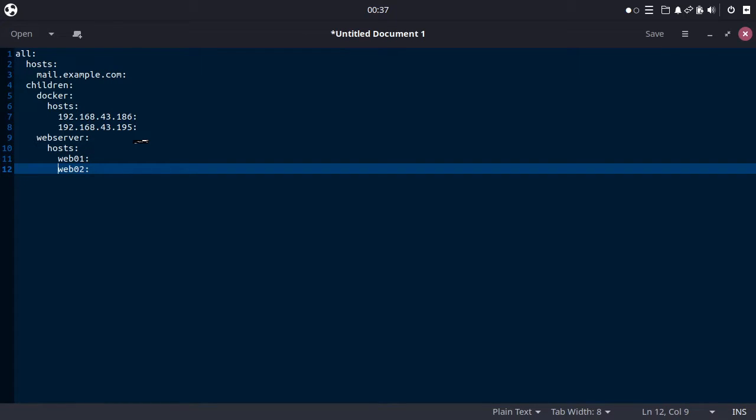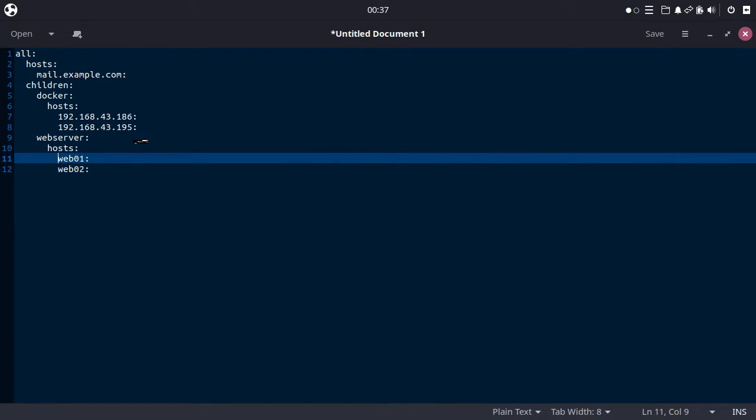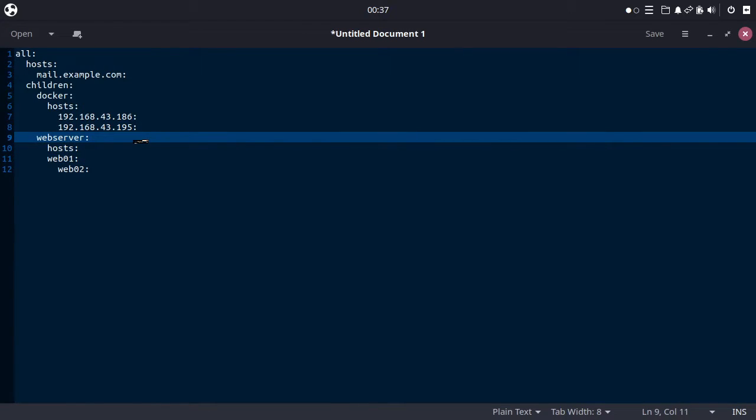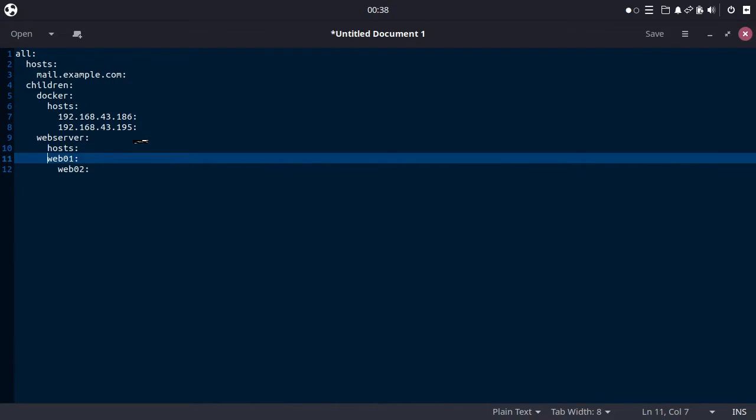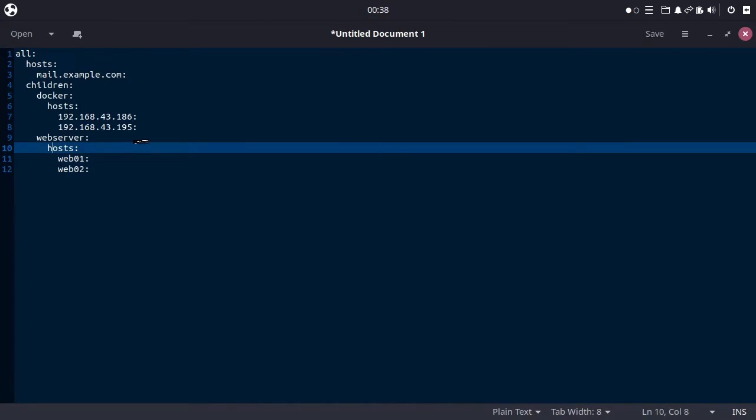Something like this. Things to remember: if you do this, it means that web01 is part of a command to webserver, not part of the hosts. You see, because this is on the same level, it will throw an error in Ansible, because web01 is basically the host name for the web server. So don't forget to create the depth.